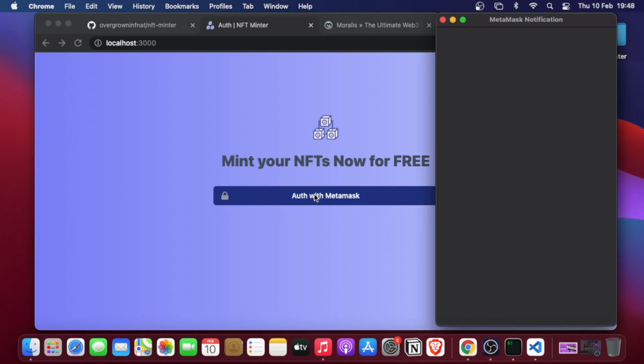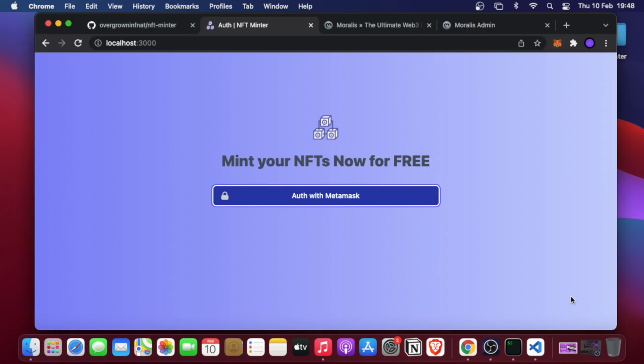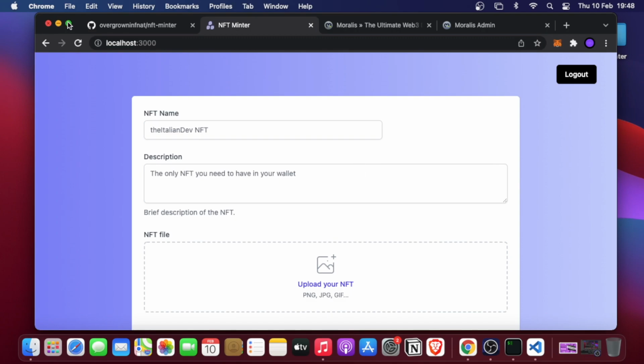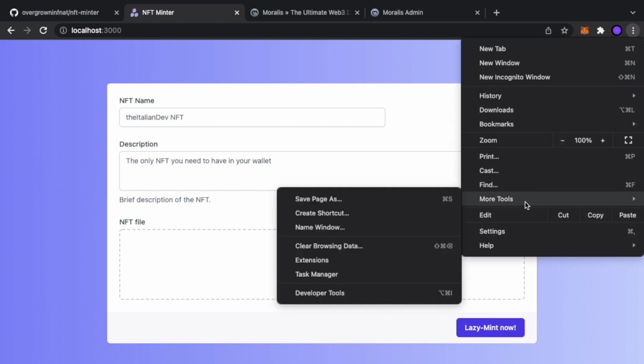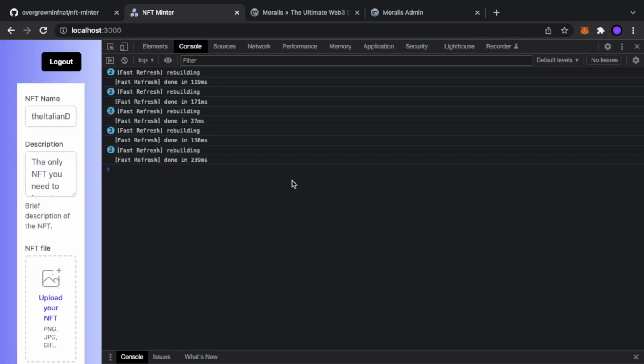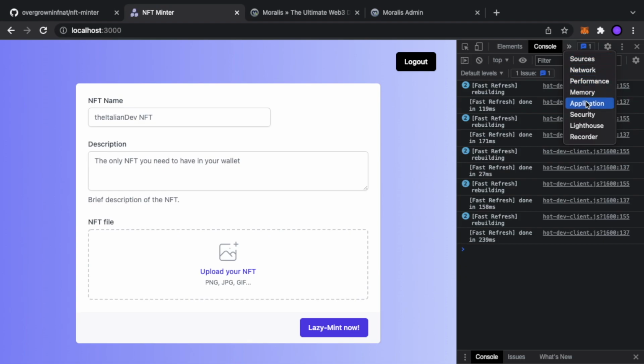So if I click, look what happened, a MetaMask pop-up window shows up, and as I said, we defined the sign-in message as an option parameter inside the authenticate method, and it asks to auth to start lazy minting your NFTs. So let me just sign, and now, as you can see, we are seeing on our screen the upload form to show you clearly that we are authenticated to, oh my god, that's so huge, authenticated to this application,